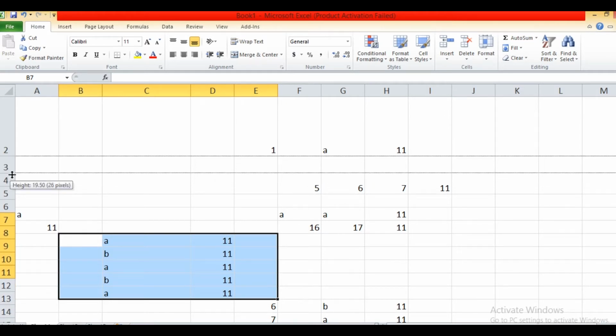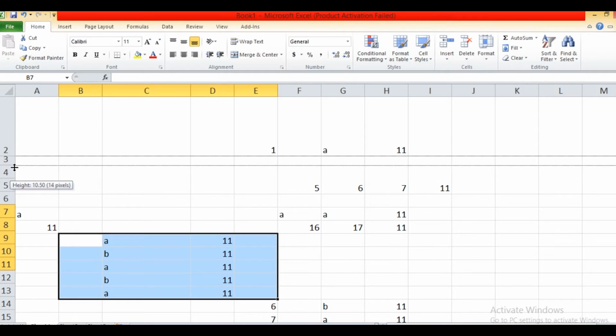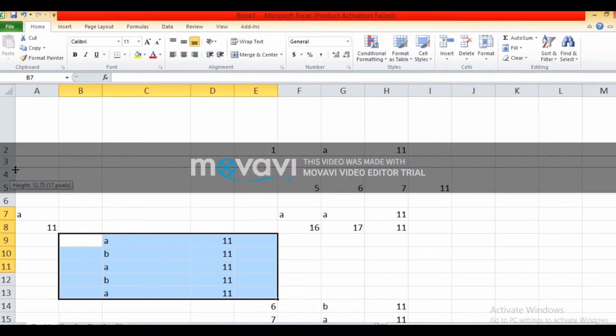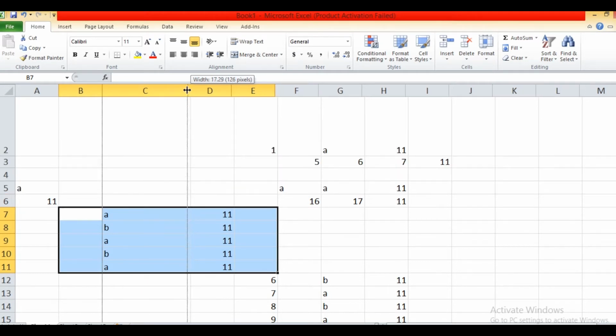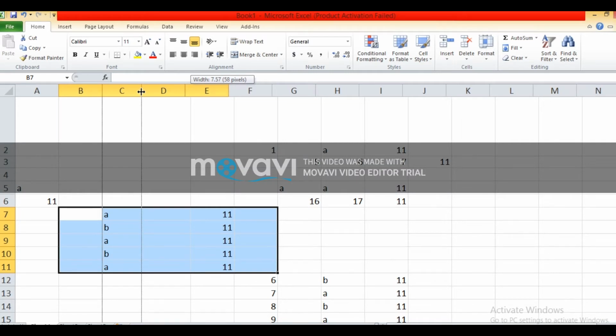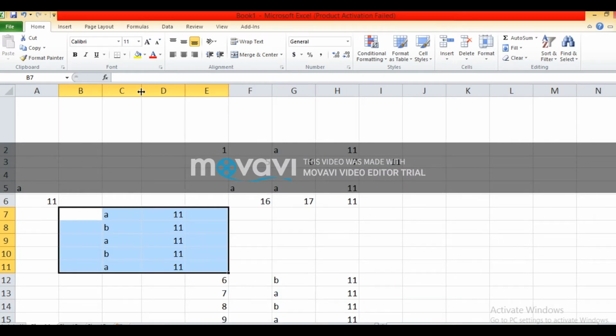Put the mouse pointer here and drag the mouse to where you want to increase or decrease the height of the row, and in the same way put the mouse pointer over the column heading. The mouse pointer changes into the double headed arrow. Drag toward the left side of the border, and the width of the column gets decreased.